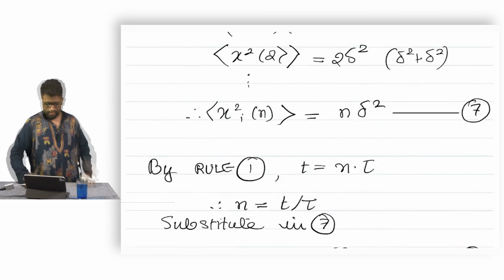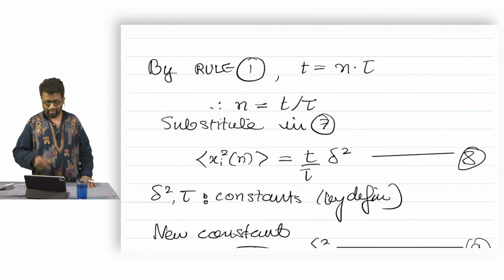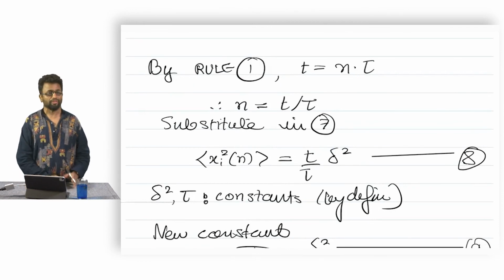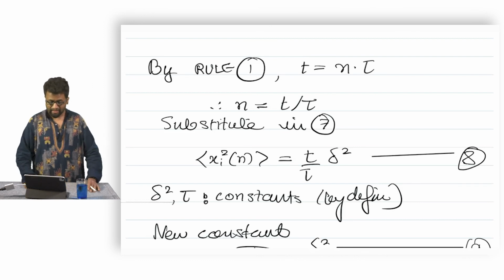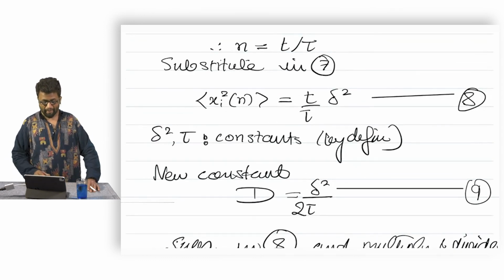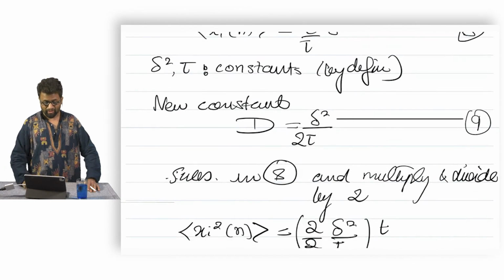By the rule that we have, t is equal to n times tau, meaning total time is equal to the number of steps times the time interval between each step, tau, we can say that n is equal to t by tau. So the averaged x_i squared(n) is equal to t by tau into delta squared. With delta squared and tau as constants, by definition the new constant becomes capital D is equal to delta squared by 2 tau. Substituting in 8,